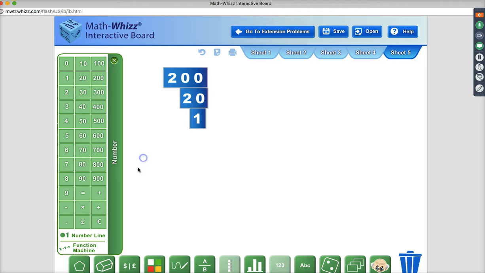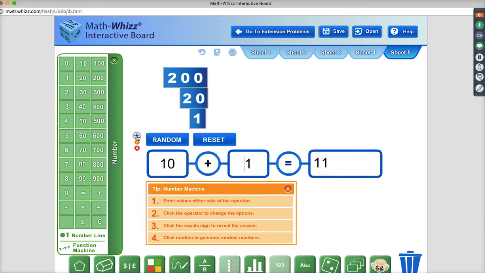This might be a little more appropriate as the function machine. You can do quick facts, like, okay, we know this is 110. Well, that doesn't make sense. I'm going to do multiplication. So that's 100. Okay, so class, what is this number? You can put the cursor in, have the kids come up and push it, so they can see it's actually 10.